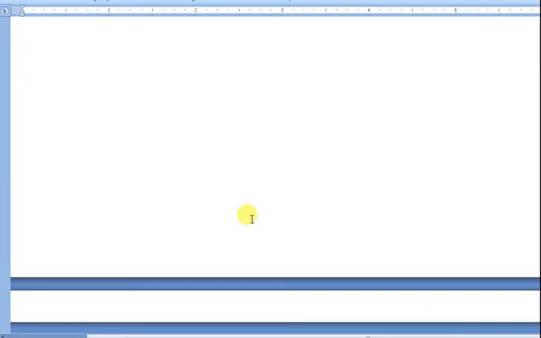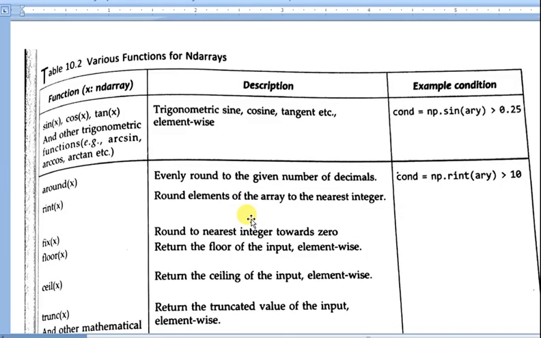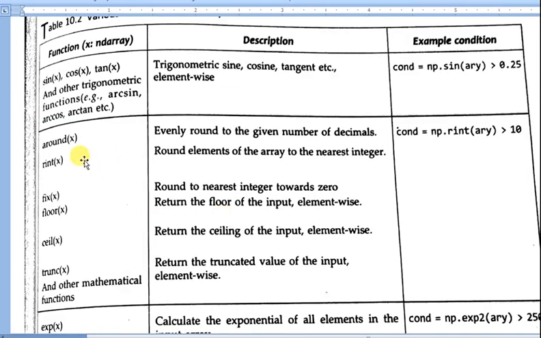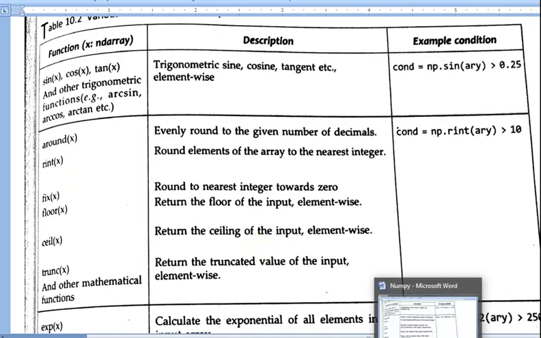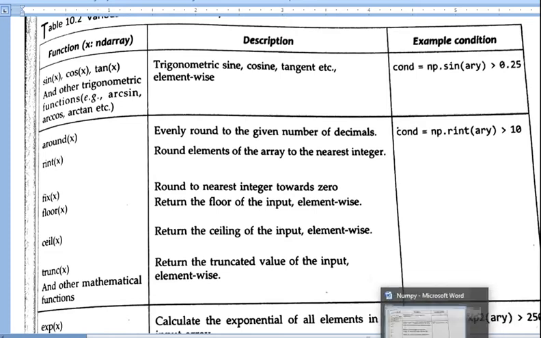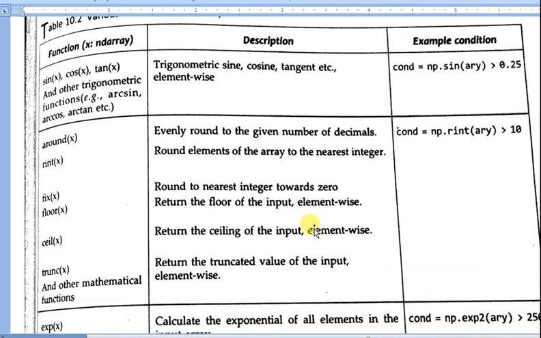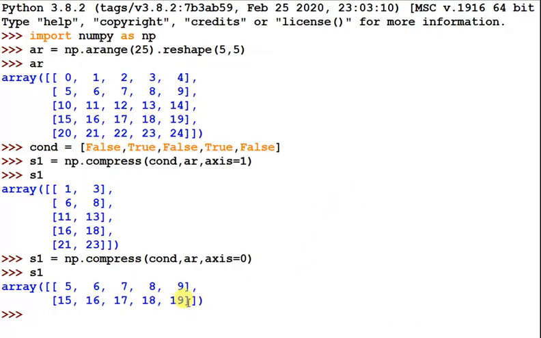Next, some various functions. Suppose the np functions. These are the functions you can apply on a 2-dimension array, because the NumPy array supports vector operations. Vector operation means if you are passing any expression, it will apply on each and every element.